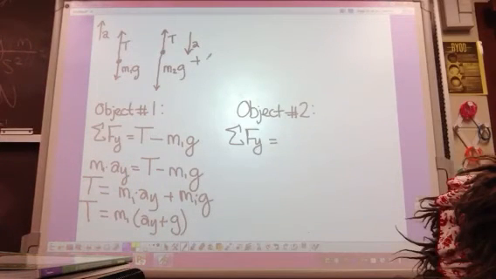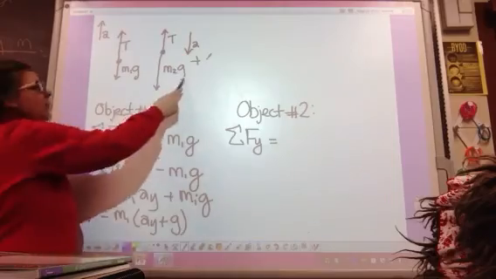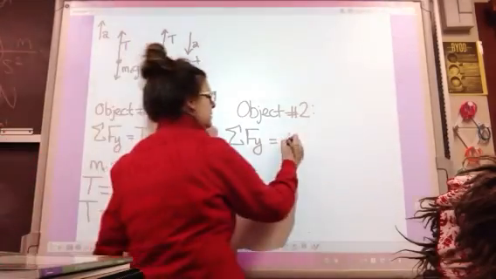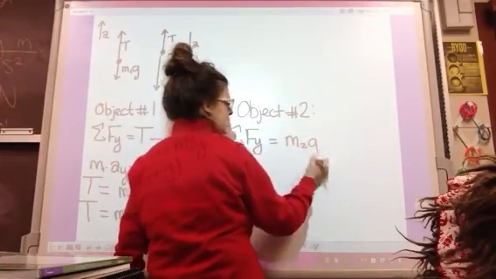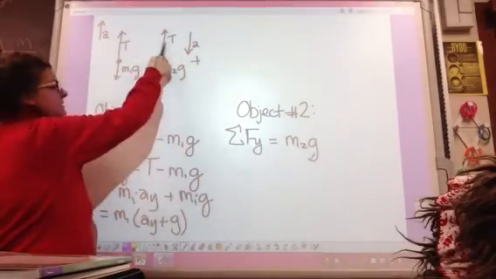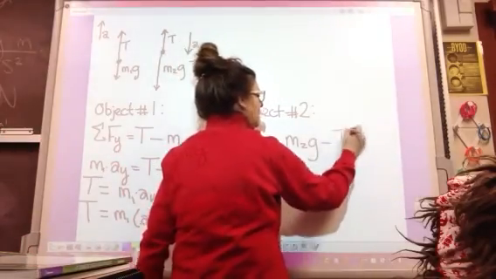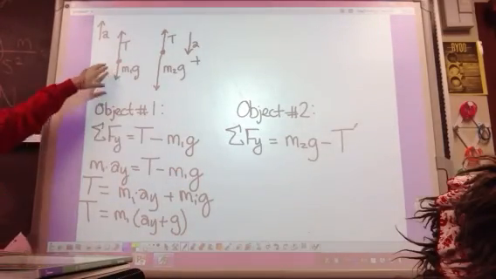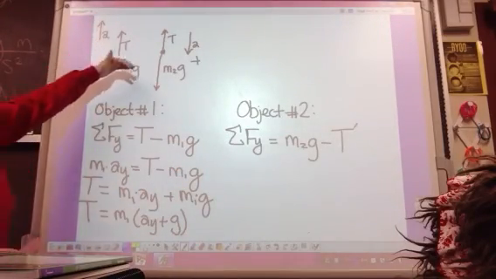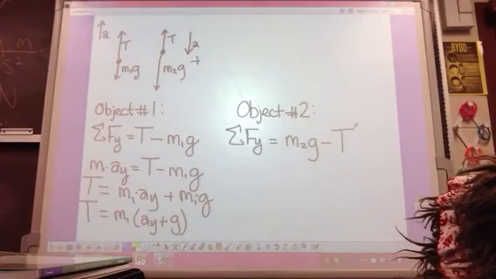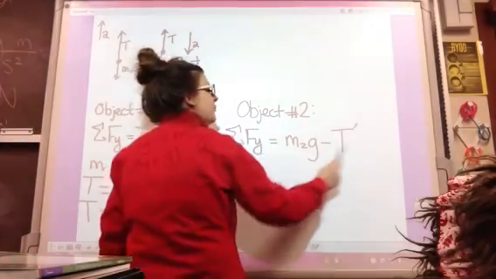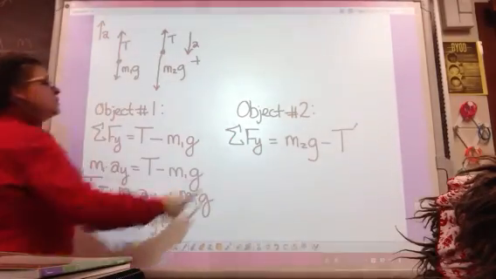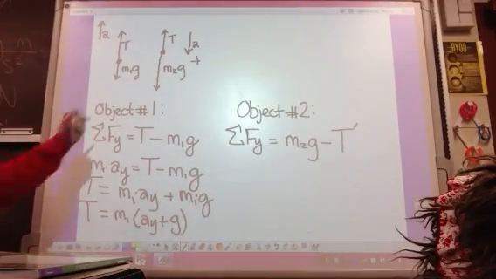If that's the case, then I would have my weight force, m2g, minus tension. And it should be opposite to number 1 because number 1 is accelerating upward and then that second mass is accelerating in the opposite direction. So they should be opposites. So I have my weight force minus tension. This is also not equal to 0 because I have